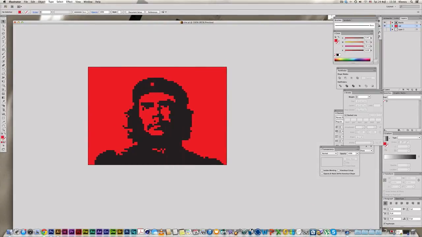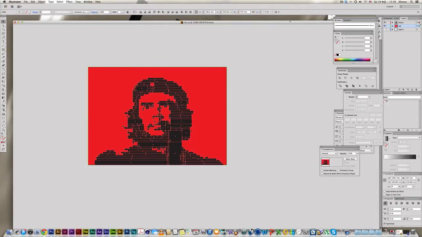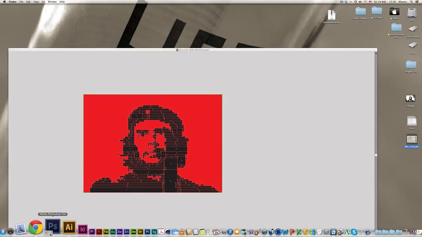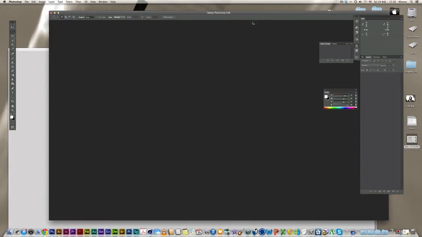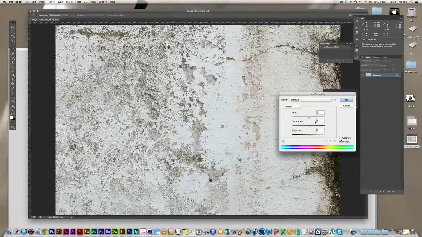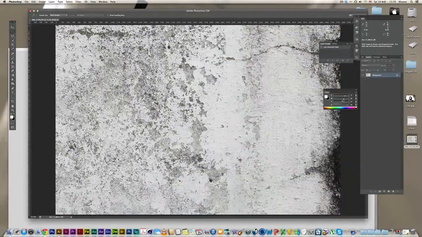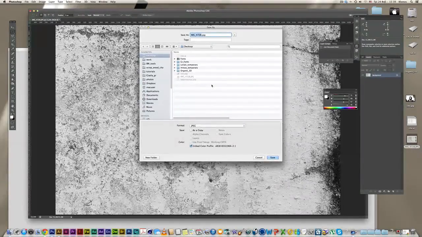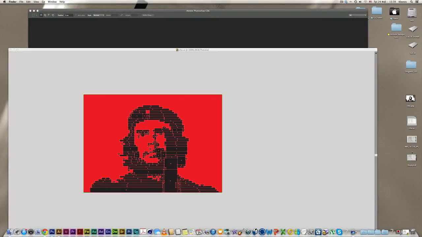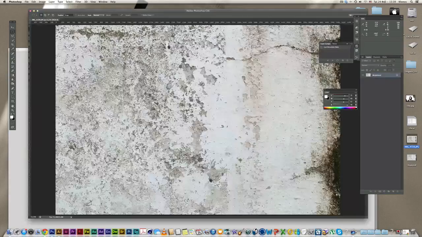Now, let's take this illustration to a more texture effect. I have a picture of a wall here, which I throw into Photoshop. I press Command U to desaturate it, and Command Shift S to save it as a map. Photoshop, File, Desktop, Save. Now I will close it, Command W, reopen the original photograph,